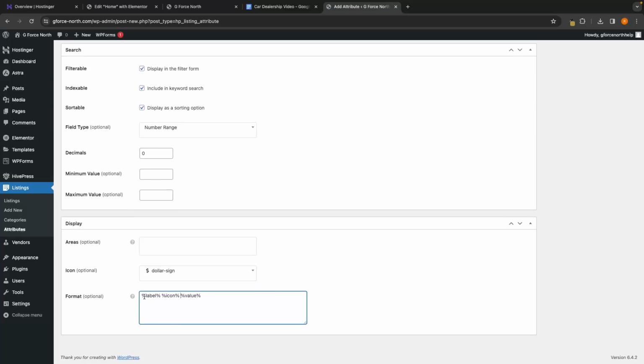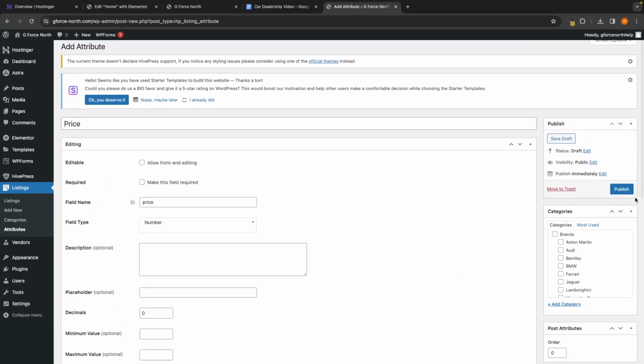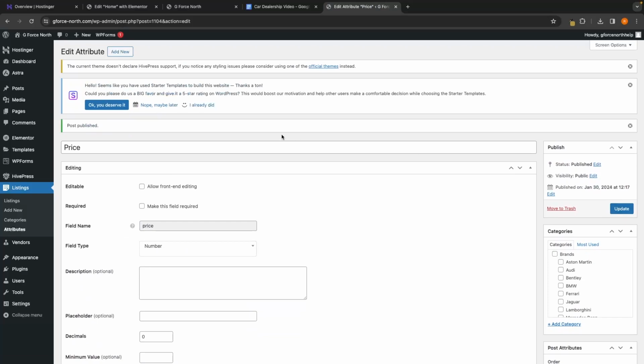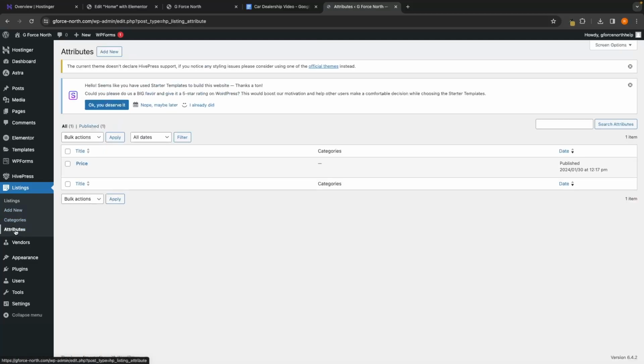So it should look like this. Label in between two percentage signs, then a space, then icon in between two percentage signs, then a space, and then value right here. Then we can go up and click on publish, and we have just created the price attribute. So if we now go back to attributes on this left-hand side, you can see the price attribute has